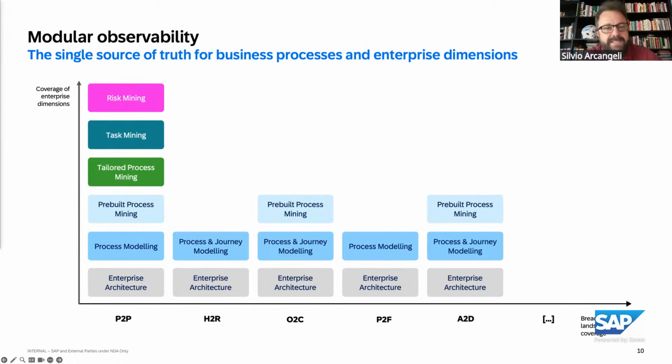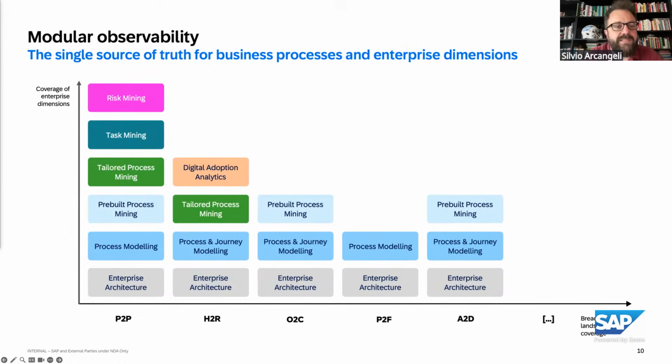So this is, as I said, just an example, right? So where you might want to spend a little bit more in procurement compared to other processes. Then perhaps in hire to retire, you might again want to invest in doing some tailored process mining to bring in your Workday part, right? And some digital adoption analytics to help your users adopting the best practice way of running your processes using WalkMe.